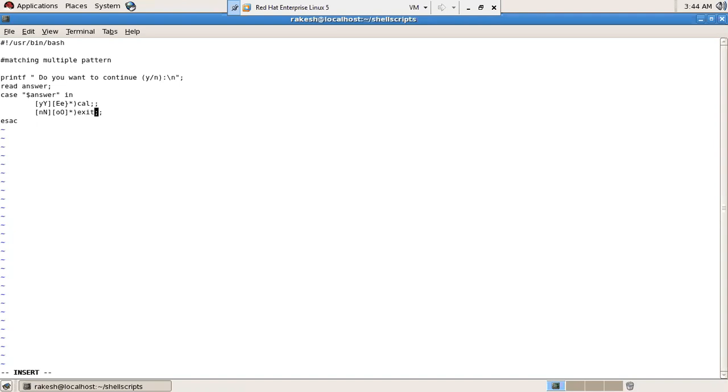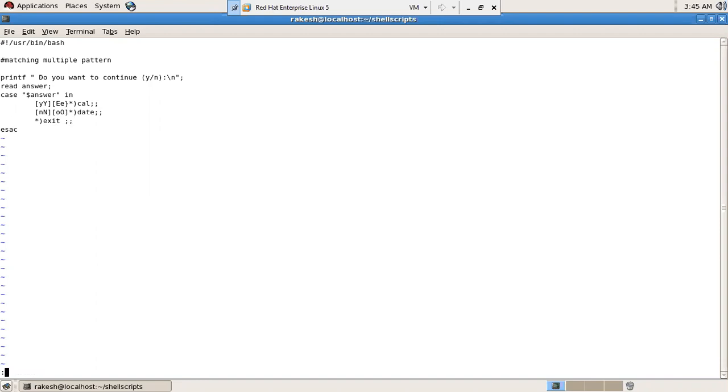Instead of exit, if I press no, then I will display date. Now this is also possible. Then I will write one more condition here. Other than these two things, if I enter star, then it has to exit. That's it.